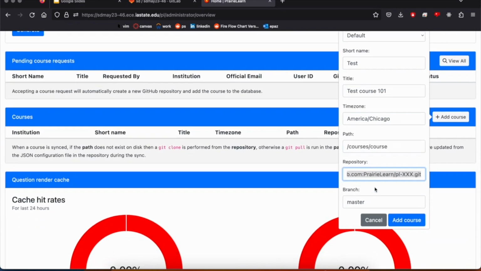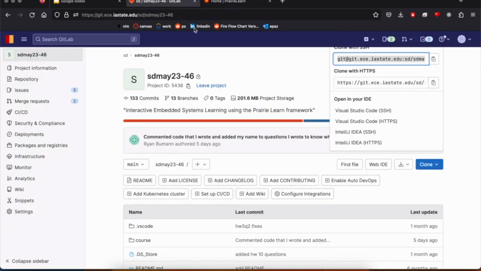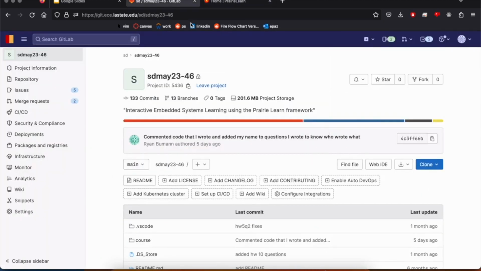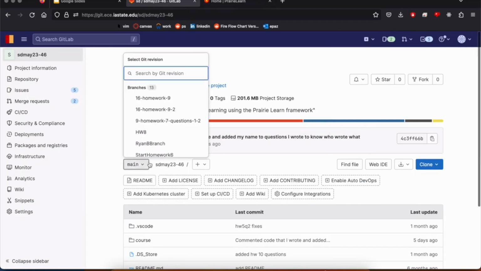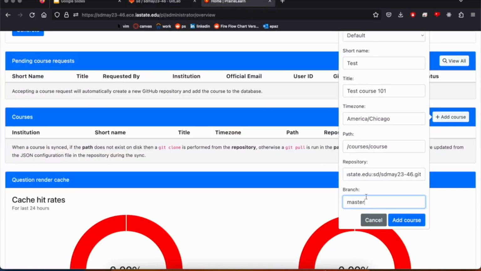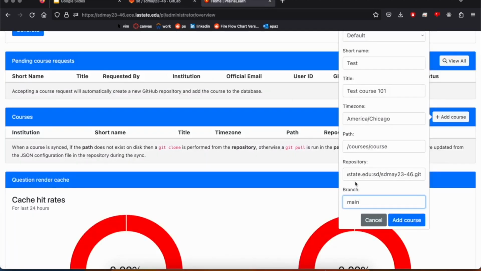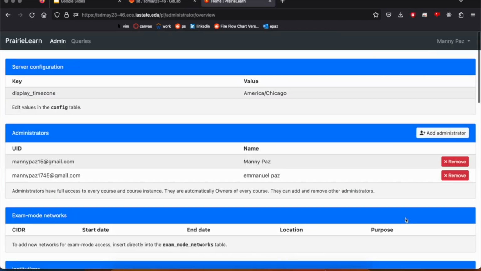and then the GitLab repo, we're just going to copy this from right here, and paste it into there. And make sure PrairieLearn or GitLab now uses main as the main branch name, not master. I believe that's GitHub, but we're just going to change this to main. You can honestly change it to any other branch, or maybe a development branch, or we have different branches for different questions or different homeworks. But right now we're just going to use the main one. So we're going to add course,